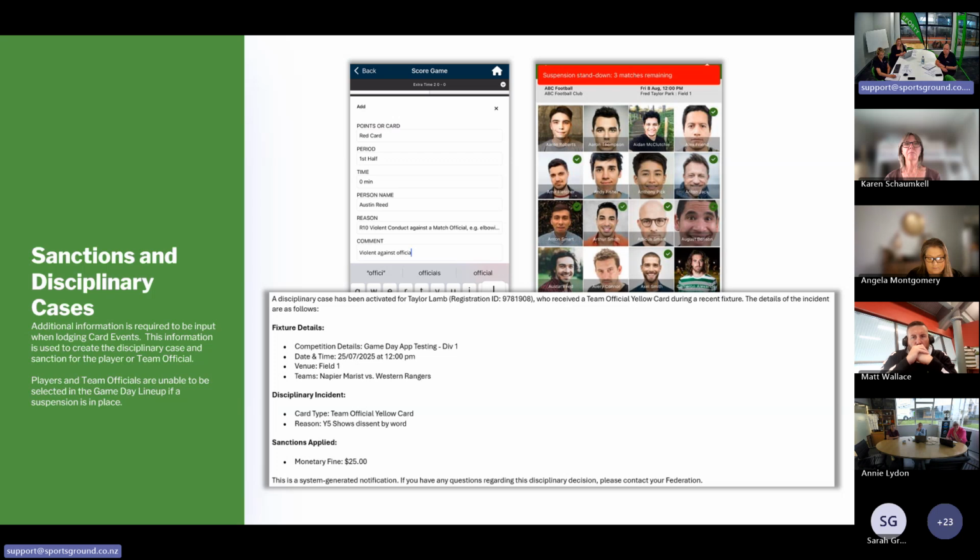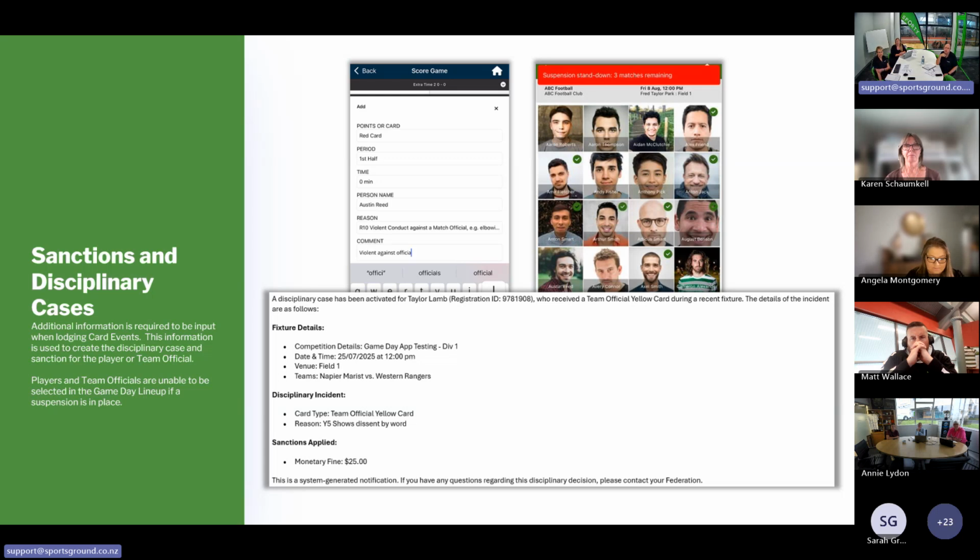So as Mike mentioned, quite different from the desktop view, which you currently input your scores into with Comet. As part of the process for a football referee, the first official will be responsible for submitting the final score through into the competition administrator. They can complete this task after the game has completed. So obviously you'll be taking notes on your notepads during the games. When the game's completed, you'll go into the game day app and you will start the game and score the game as we showed in the previous screen.